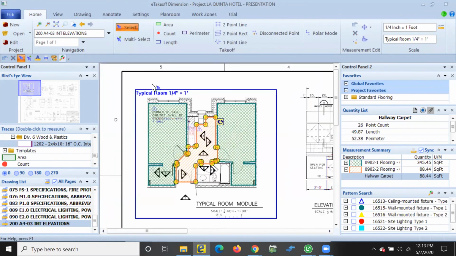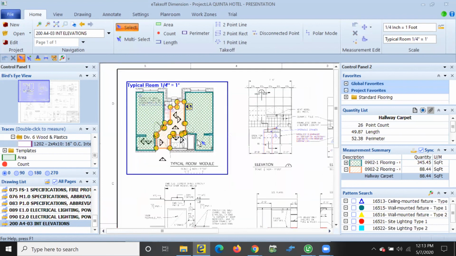This page as well, I've set some different bounding boxes for different scale types. So with eTakeoff, you can take off at multiple scales on a drawing. Other old ways, you used to have to make copies of drawings if you had different scales on a page. This, you simply 2 clicks and you got a new bounding box with your new scale.